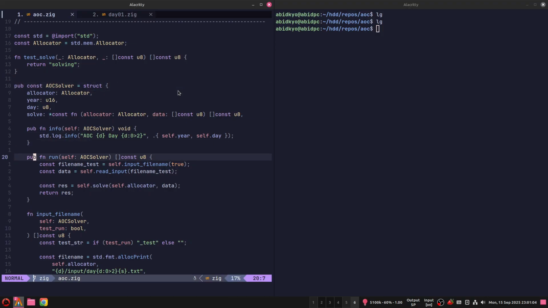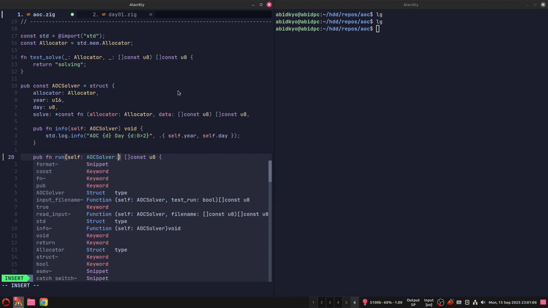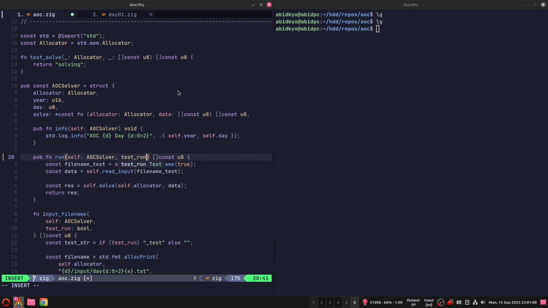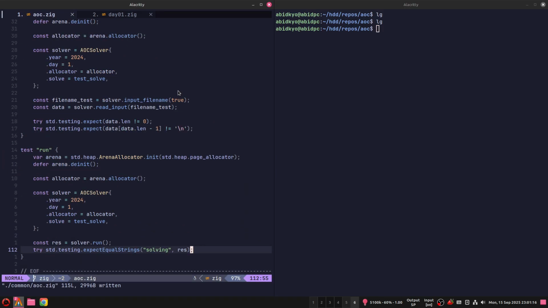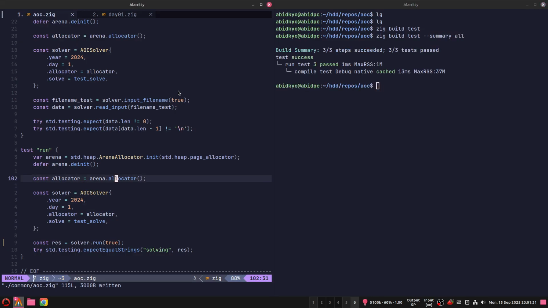One of the things is that this guy needs a parameter for test run, and that's good. So just say true and it should be okay. Summary all,